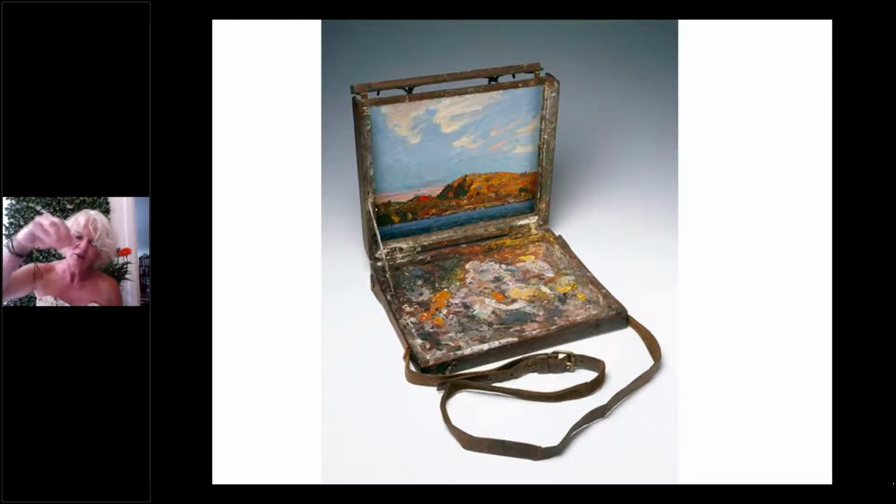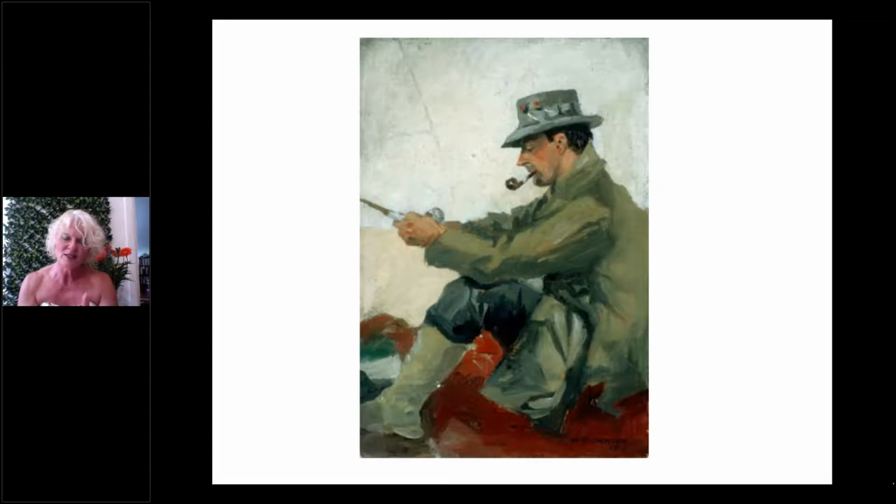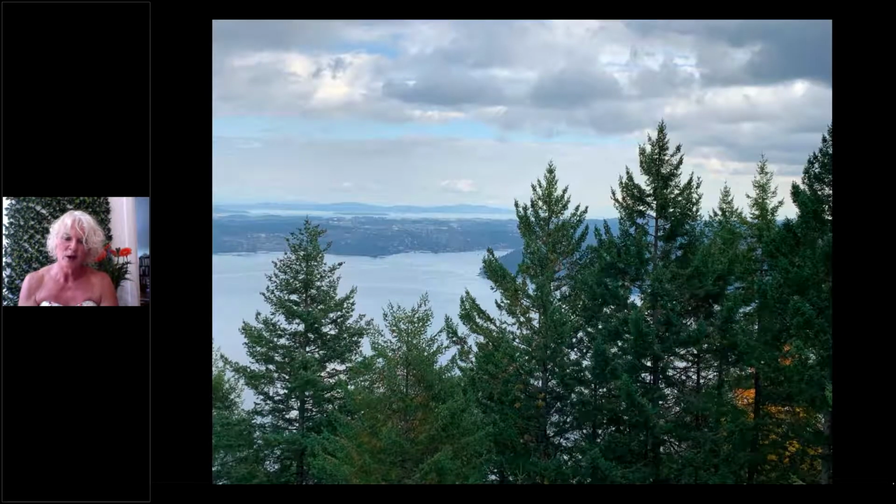And you see there on the bottom, you can see where he had a chance to mix paints. And then you see the small sketches, how they were held in place in the top portion of the sketch book. And this is how he would go, and he would paint what he saw. And what he was painting was, as I mentioned, this glorious place in Algonquin Park.